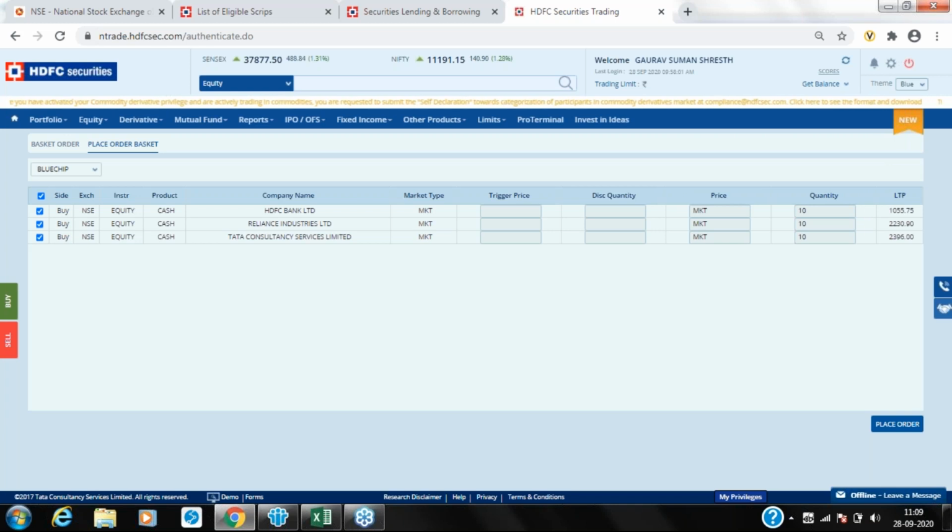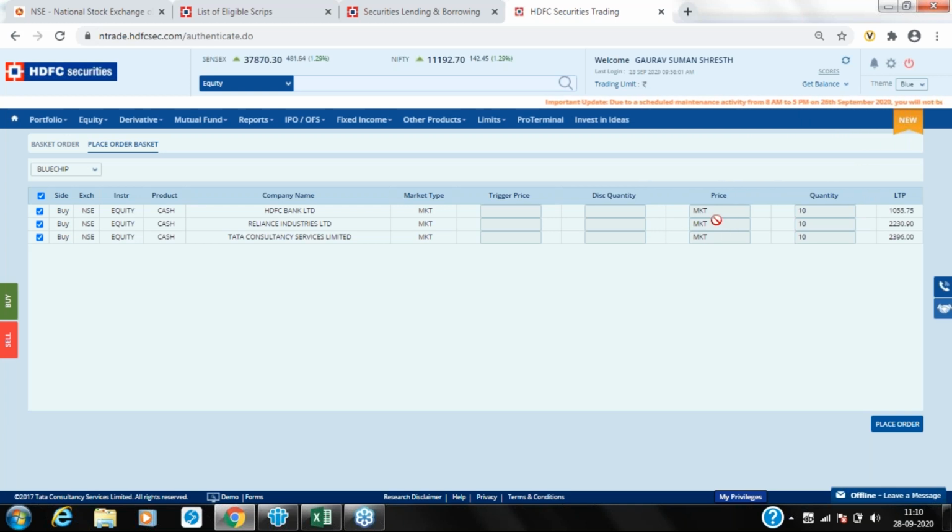Similarly, you can use the basket order for option strategies also. In case you trade in the derivative market, to execute a different kind of option strategy, you can add multiple legs of an option in a basket, and you can execute those strategies also. Or for any other future or cash stock that you want to add, you can create a basket. So basically whenever you want to place multiple orders in one go, you can create them in a basket, add those stocks, and then whenever the market opens you can simply open that basket, place the order, and all the orders will go in the market simultaneously.